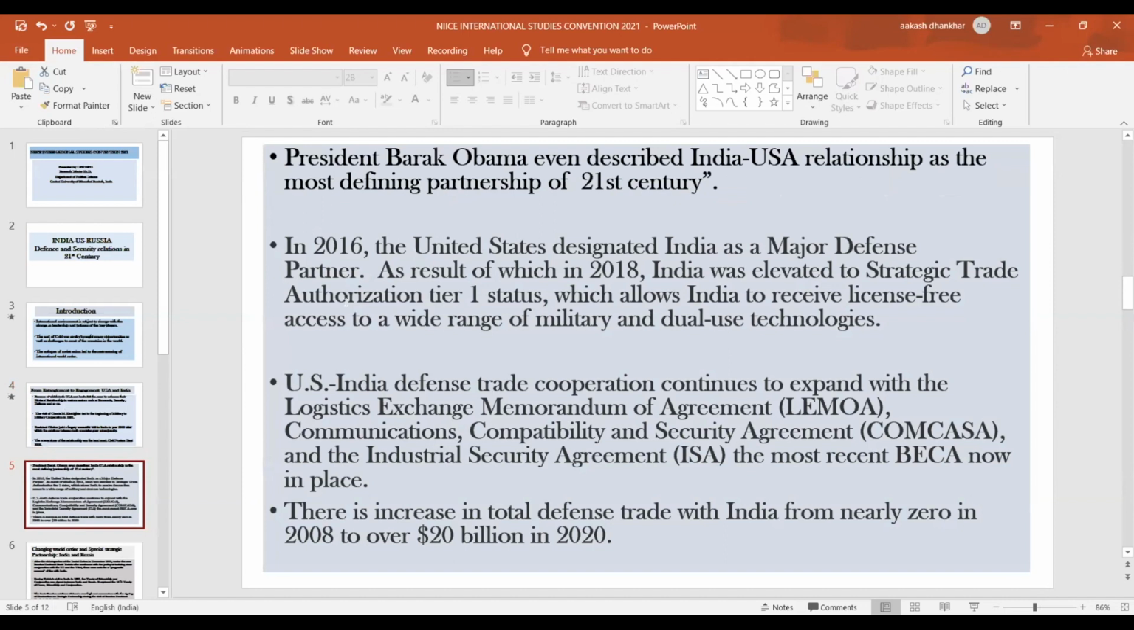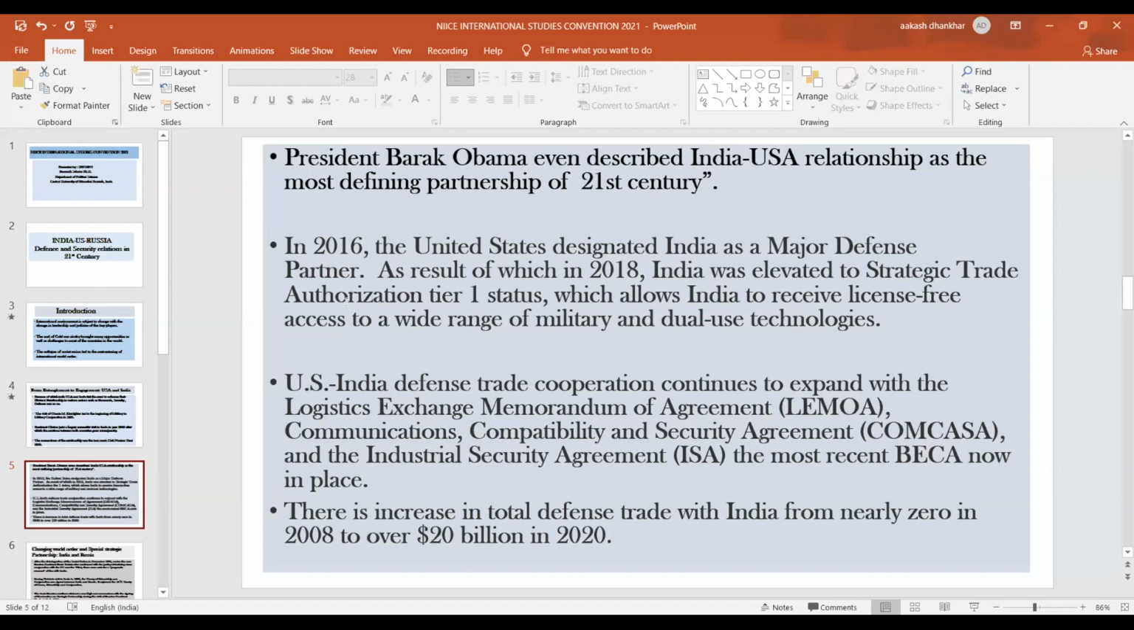Also, President Barack Obama even described the India-USA relationship as the most defining partnership of the 21st century. In 2016, the USA designated India as a major defense partner, as a result of which in 2018, India was elevated to Strategic Trade Authorization Tier 1 status, which allows India to receive license-free access to a wide range of military and dual-use technologies. US-India defense trade cooperation continues to expand with agreements like LEMOA, COMCASA, and the Industrial Security Agreement, and most recent